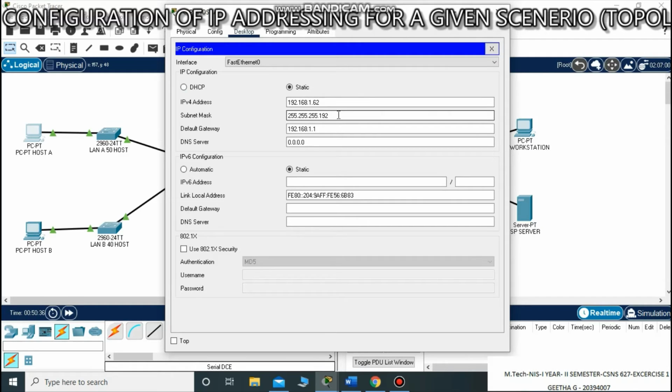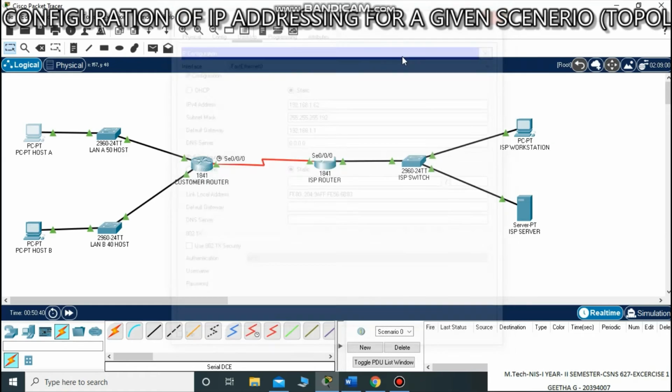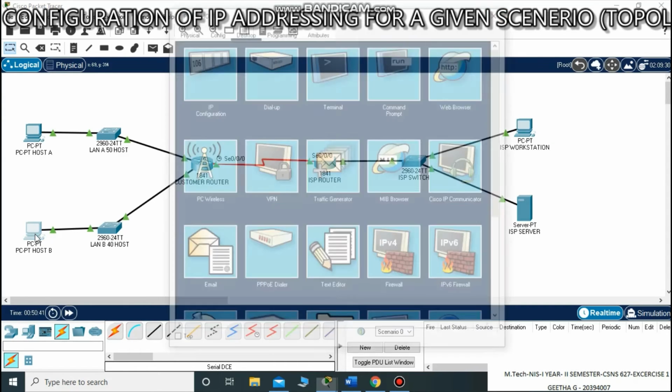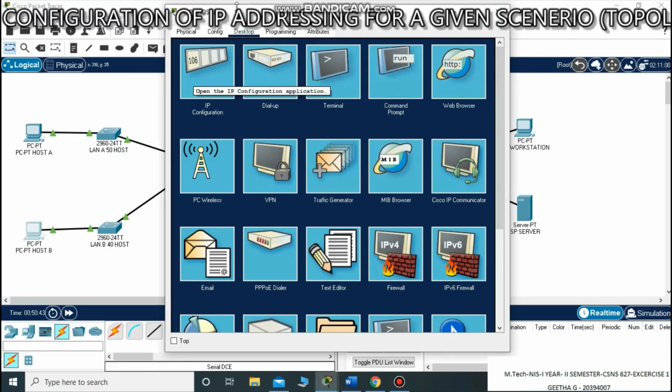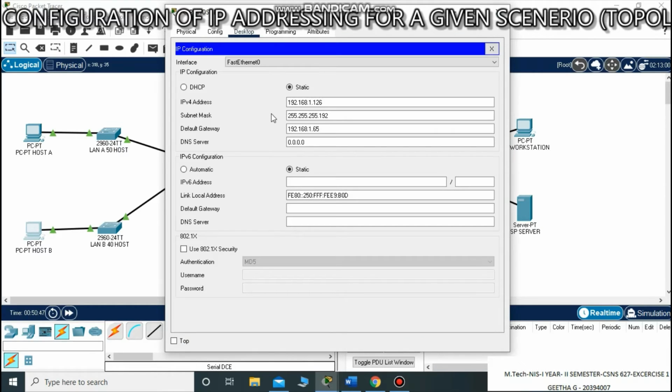The same is given for host B also, by clicking host B, then desktop, then IP configuration, and then the IP address, subnet mask and default gateway, and whether the configuration is DHCP or static. We have given static.